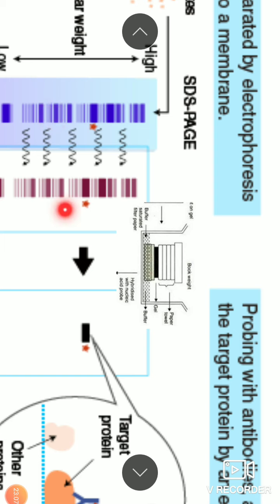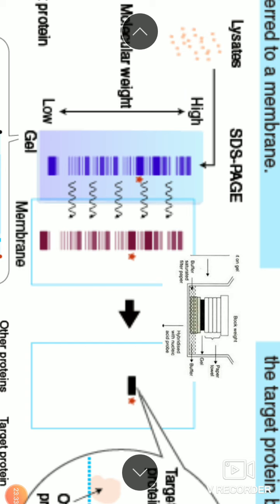So what kind of membrane is used here? The membrane used here can be a nylon membrane, it can be a nitrocellulose membrane, it can be a polyvinylidene fluoride membrane, popularly called PVDF membrane. Okay, so onto the membrane, and this transfer can be of a different type. Southern blotting is by capillary action, it just happens very fast, but in the case of protein blotting, you need to have a semi-dry transfer or complete wet transfer.